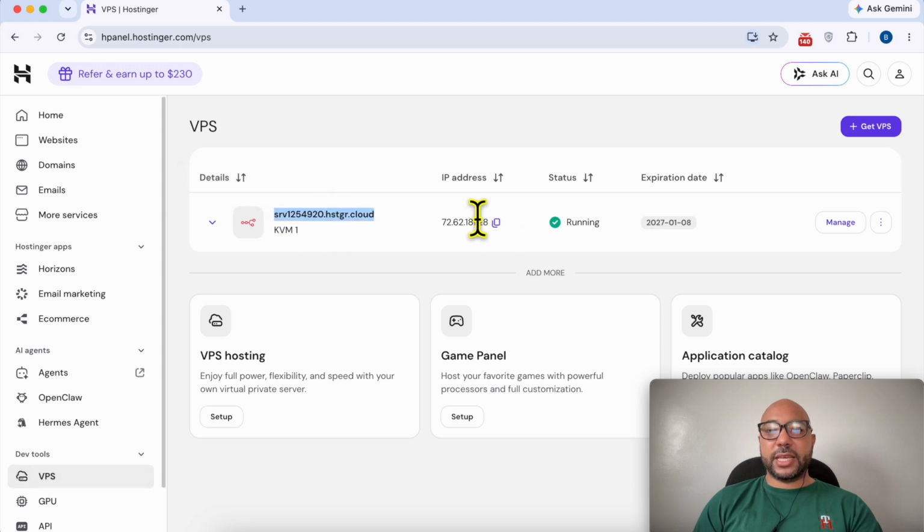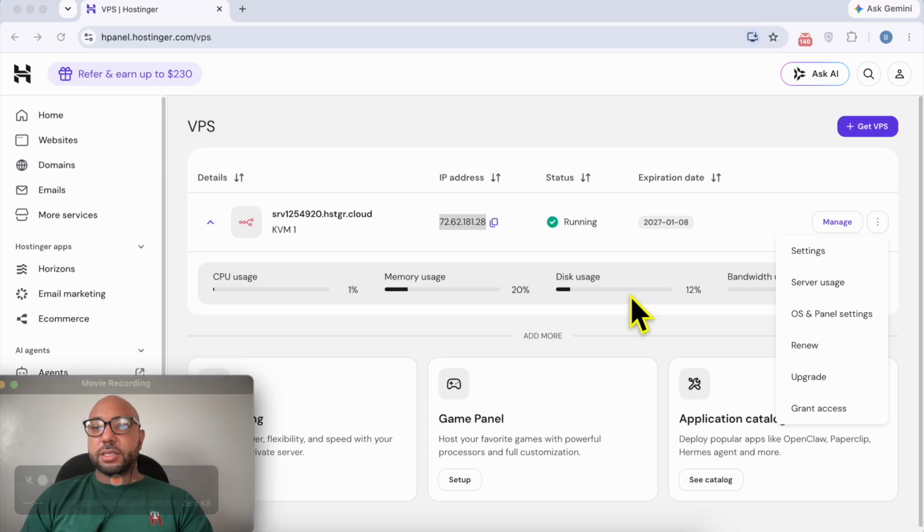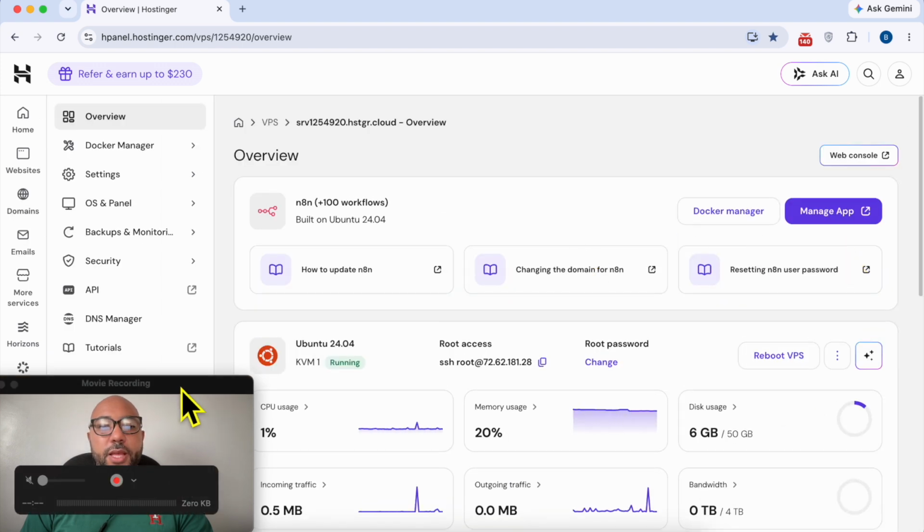This is its name, the IP address, the status, expiration date, and if I click here, I will get a small analytics of my server, and from here I can either access my server settings quickly. I can see my server usage, the operating system, renew, upgrade, grant access, and from manage, I can see,